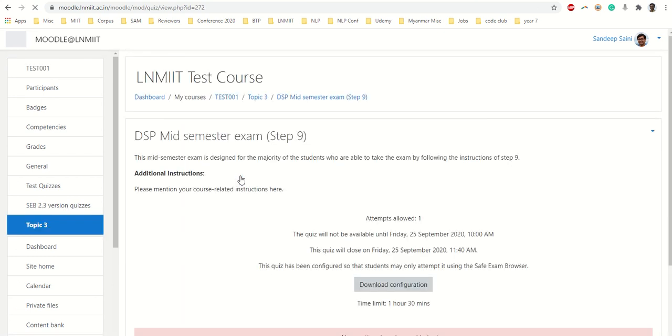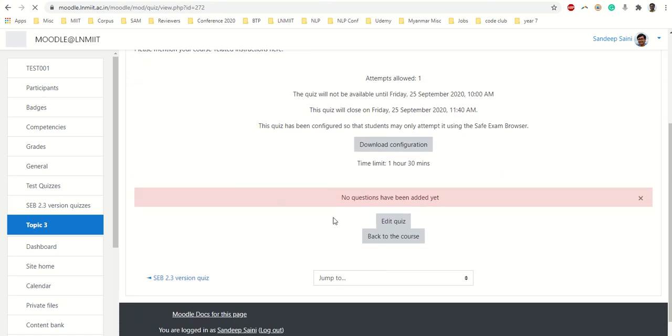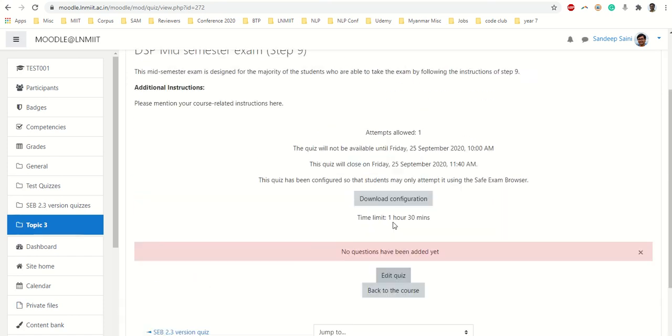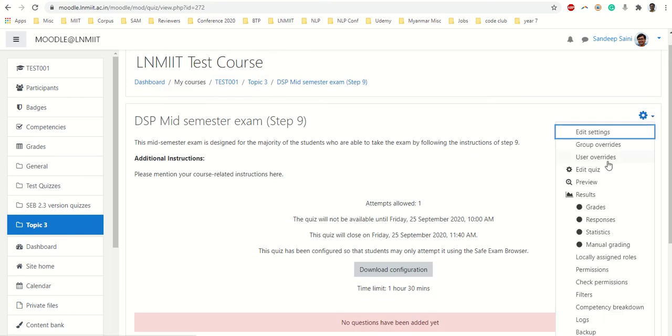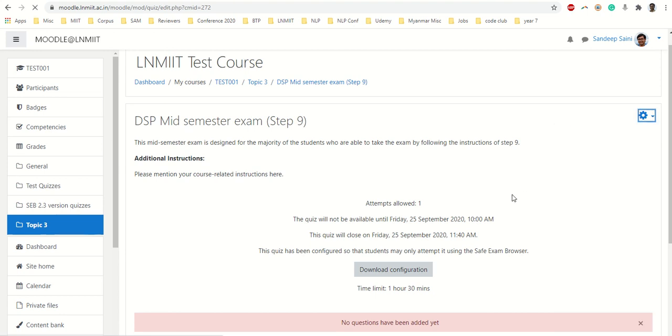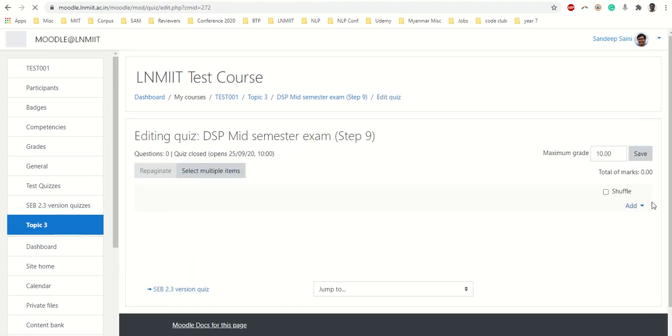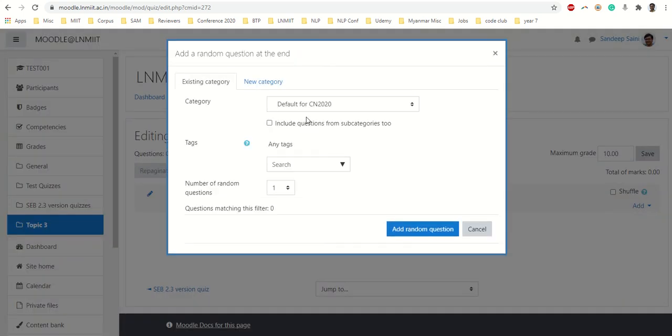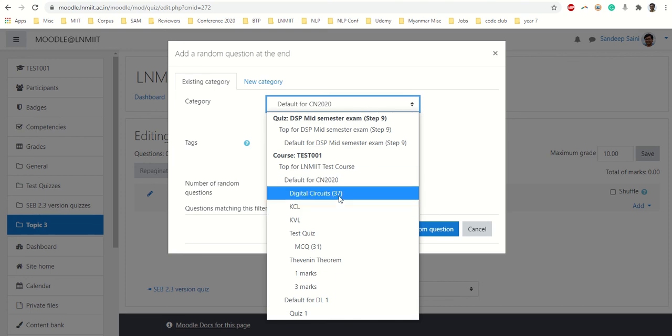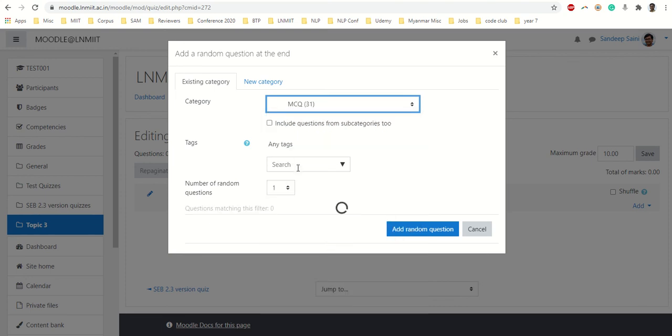You just click on the quiz, and here you have the option of edit quiz, or you can go here and say edit quiz. Any option you can select. Once I take edit quiz, I'm just adding some random questions here, but we will definitely have our question sets which are ready with us.